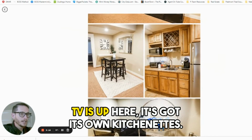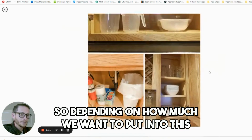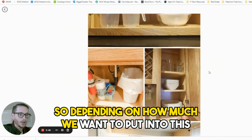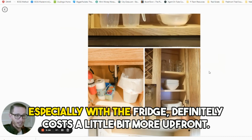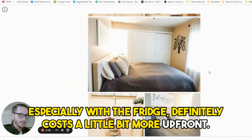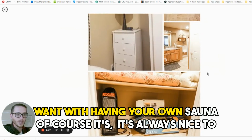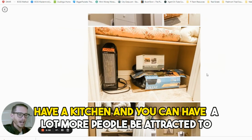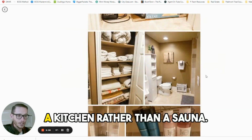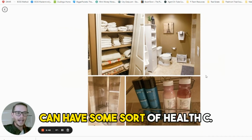TV is up here. It's got its own kitchenette. I mean, they really decked out this place. So depending on how much we want to put into this basement, having a kitchenette in there, especially with a fridge, definitely costs a little bit more upfront. However, I think we sort of mitigate that want with having your own sauna. Of course, it's always nice to have a kitchen, and you can have a lot more people be attracted to a kitchen rather than a sauna. So maybe you can advertise it like, hey, it's a workout room, or you can have some sort of health conscious